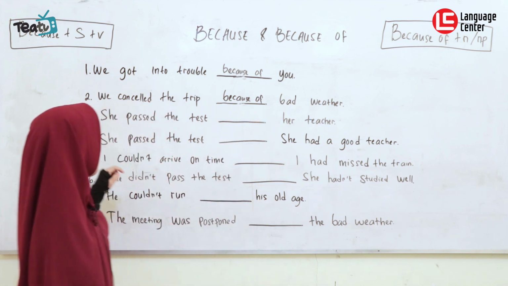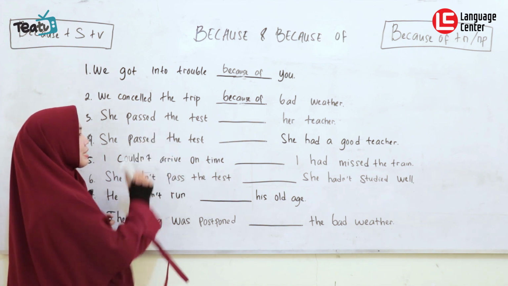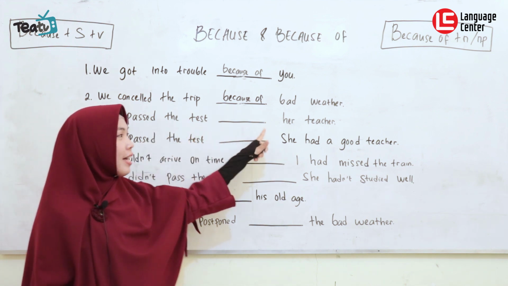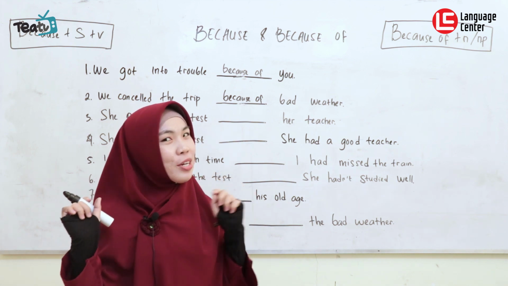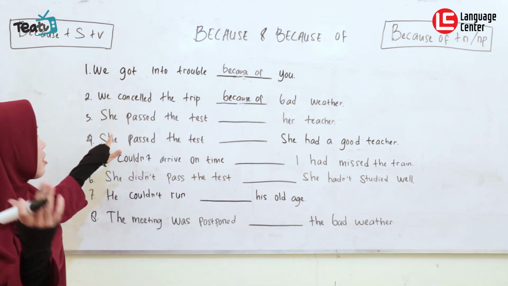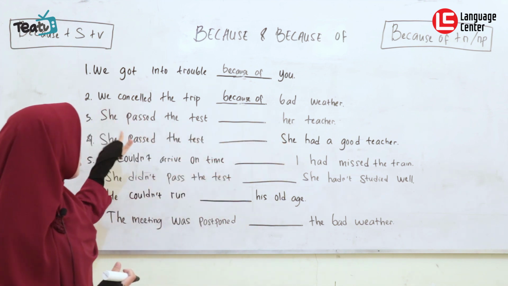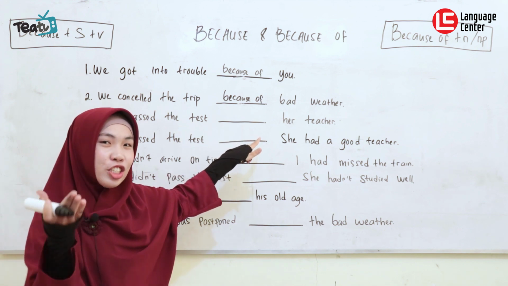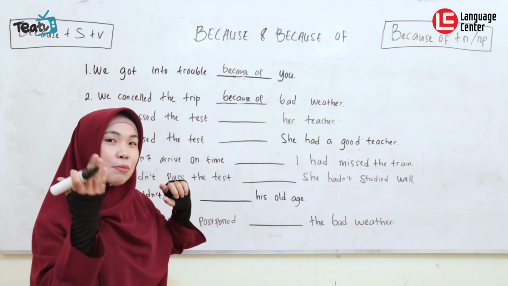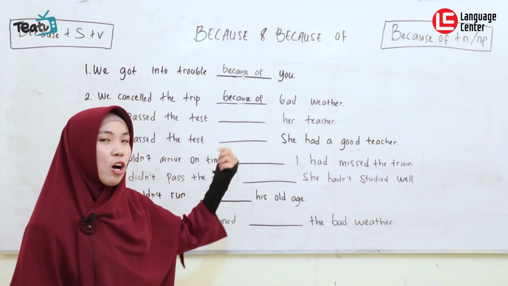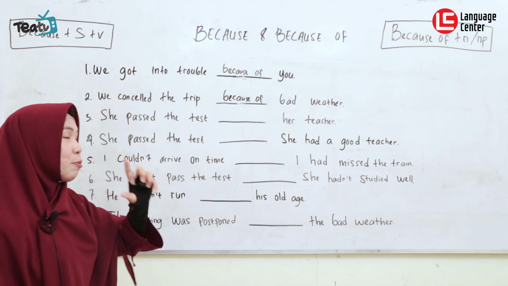Good one. Okay, now we continue to the third question. She passed the test, blank, her teacher. So, back again to your opinion, which one is the best answer? Should it be she passed the test because of her teacher, or she passed the test because her teacher? Don't forget about the formula, guys. If because, it will be followed by subject and verb. Meanwhile, for because of, it will be followed by a noun or noun phrase. So, the answer will be